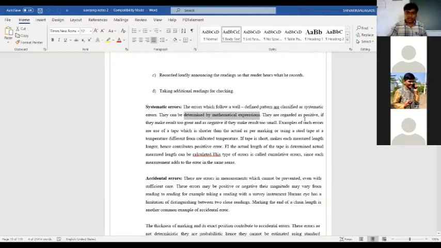And they are regarded as positive if they make the result too great, and as negative if they make the result too small. So this is the thing, the reading, whatever the length we're going to calculate,